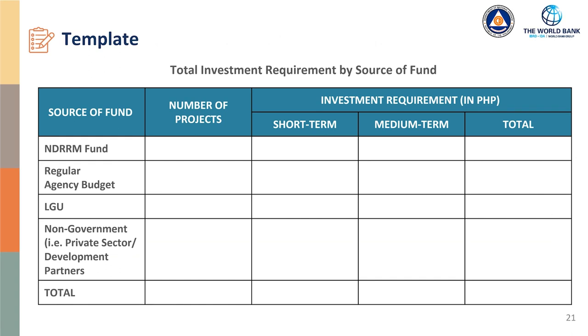And then for the next columns, what would be the investment requirements during the short term or the medium term? Para mas makikita, kailan mo kailangan yung pera. Ngayon na, or you can maybe delay the sourcing of these resources maybe 1 or 2 years from now. And then you have the last column, how much will be the total investment requirements of each of the different